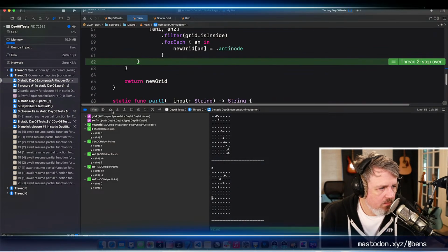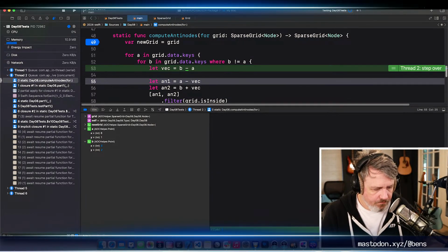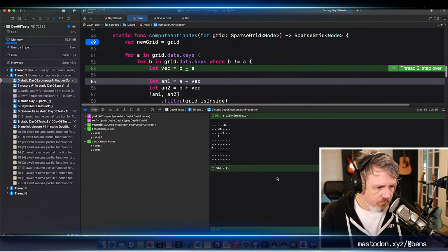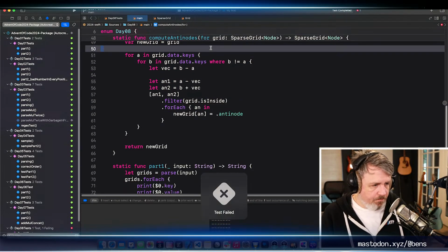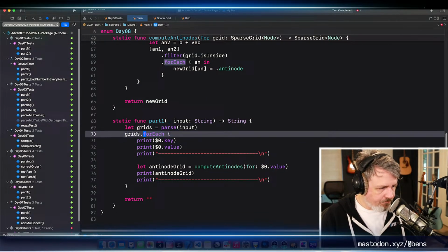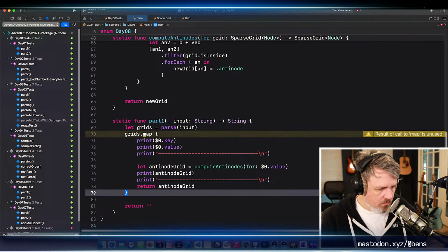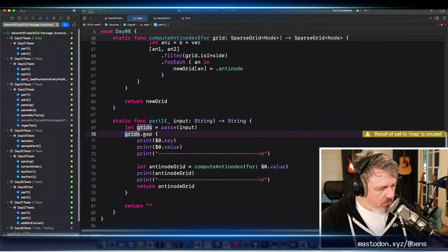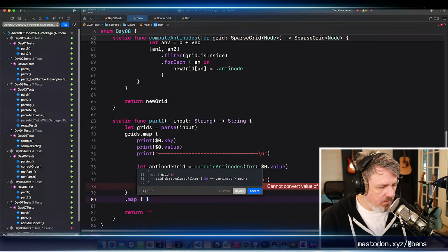So after this one, we should have a new grid with a hash mark over here. Okay. So now, for each one of these grids, we're going to map this to the antinode grid. And then from that, we're going to map again to the points.